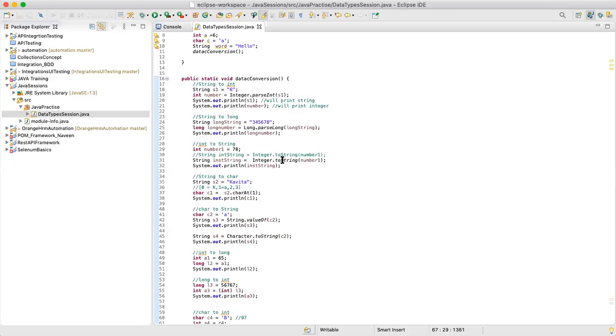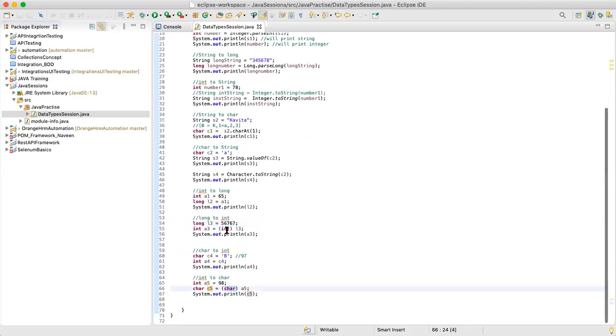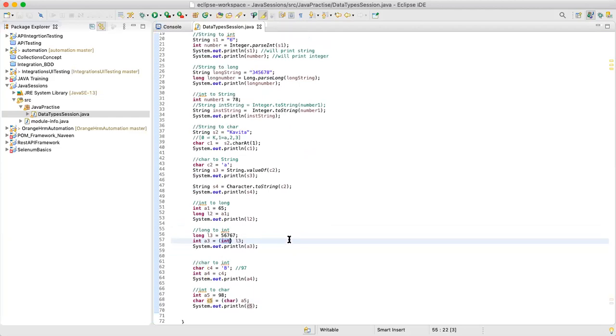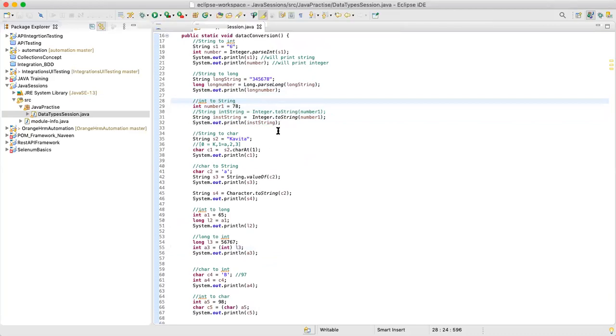But see, guys, the basic thing is casting. We are using casting here, and here. So once you understand the concept of casting, it won't be an issue while converting from long to float, float to long, right? You just need to understand the concept. The only difference is when you are dealing with string and integer, we have a method, right? Integer dot toString, character dot toString. When you want to convert anything to string, you can use integer dot toString, character dot toString.